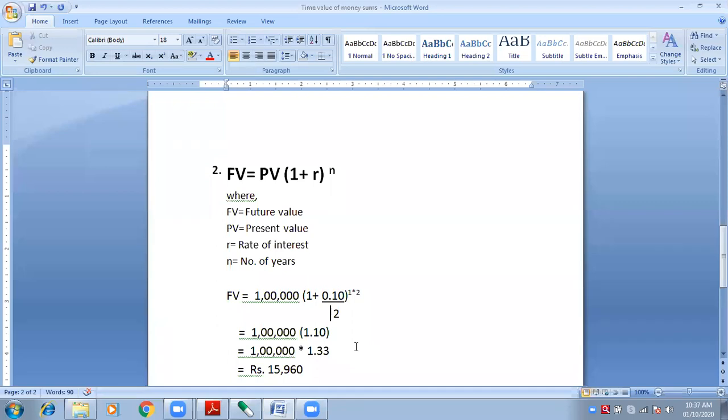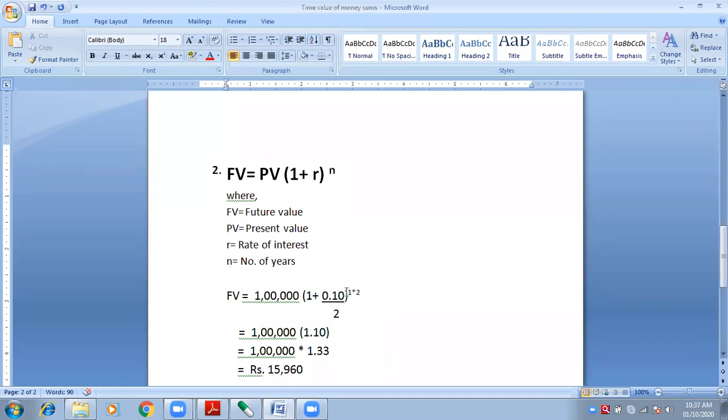So what will be for 12 months? Double. 6 into 2 times, no? When it is half yearly, it means 6 months. If you want to calculate for the whole year, you will have to take 6 months 2 times. 2 times you have to calculate. Therefore 2 plays a very important role here.